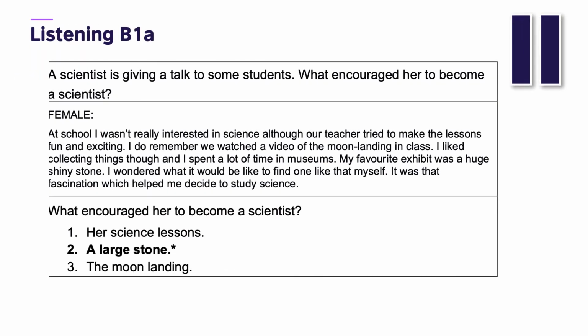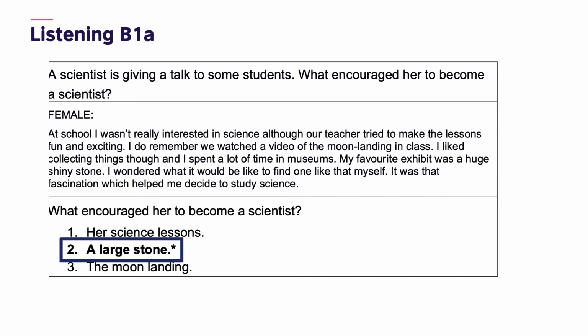This is a listening B1 MCQ item. You can see a transcript of the recorded text and the 3-option question. The options are still fairly factual and concrete. However, if you look at the text, there is no single sentence that would lead you to the key if taken in isolation. Choosing the correct answer, a large stone, depends upon understanding the person's favorite museum exhibit was the